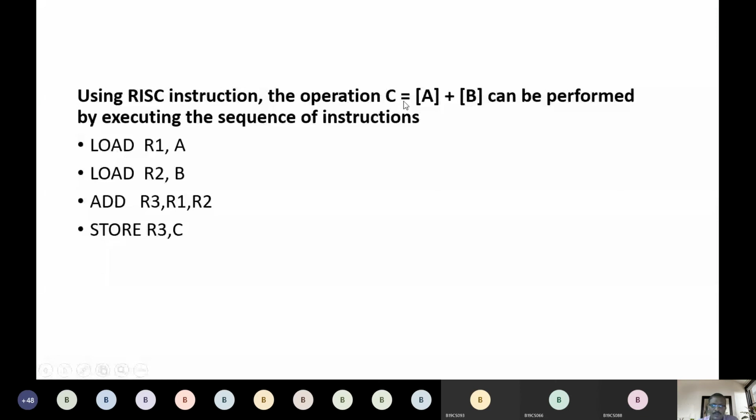C is equal to A plus B. First A is loaded into register R1. Next B is loaded into register R2. And R1 and R2 are added and stored in R3. And from R3 it is stored into C. We get the result in C. So once you go through this, you will understand these things.